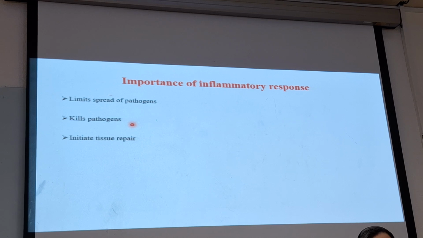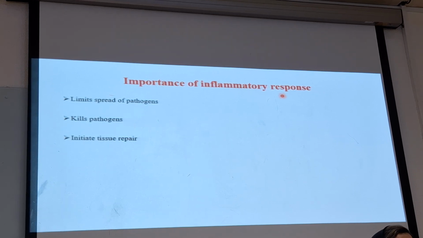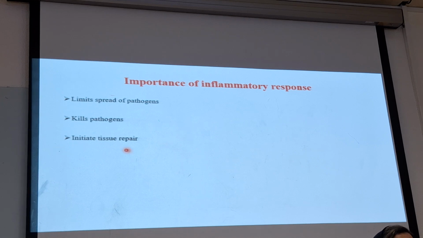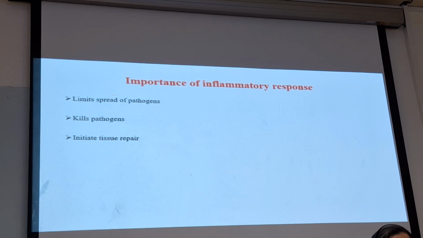Because it protects us against pathogens and controls spreading of the pathogen until the innate and adaptive immune systems start removing it. And also, the inflammatory response initiates tissue repair after removing the pathogens, producing mediators that lead to repair and